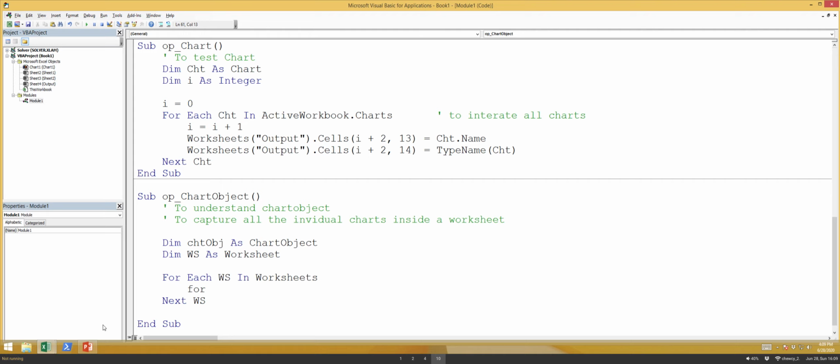Now we have for each chart object in what? Remember, we are going to look at this worksheet, right? So in this worksheet dot ChartObjects. With this line, we are saying we are looping through all the chart objects inside this worksheet now. Okay, and then we got to put in